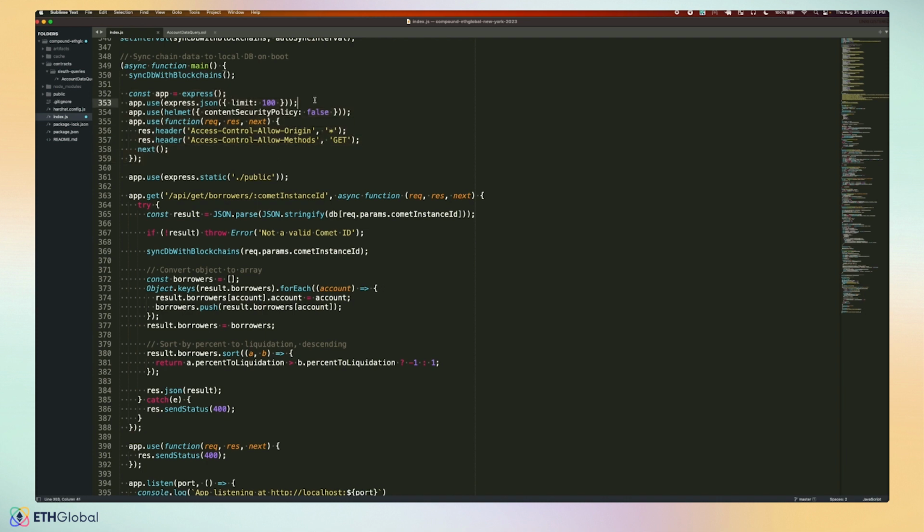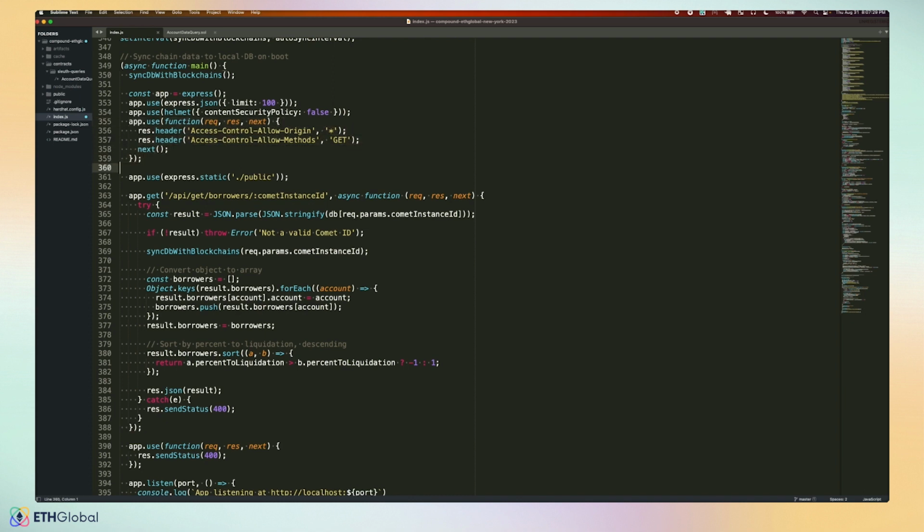Here's some housekeeping stuff with Express. This makes post bodies for requests only acceptable if they're a certain size, up to 100 bytes. Helmet has some security features for Express apps. In this instance, where it's just for an example, this isn't really important, but this is something you'd want to put in a production app, as well as